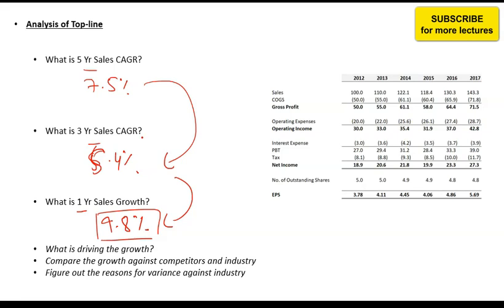So when you apply this to your companies, the question that you need to answer is that what is driving the growth. For example, maybe company came up with some new products over the past that has led to an increase in growth. Or maybe company sells some healthy products and the overall consumers are becoming health conscious, and that is driving the growth. So if anything is changing, you need to find out the reason for that change. So if there is a growth, you need to find out that what is actually driving that growth.